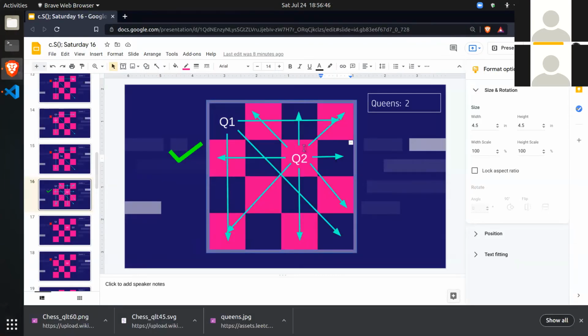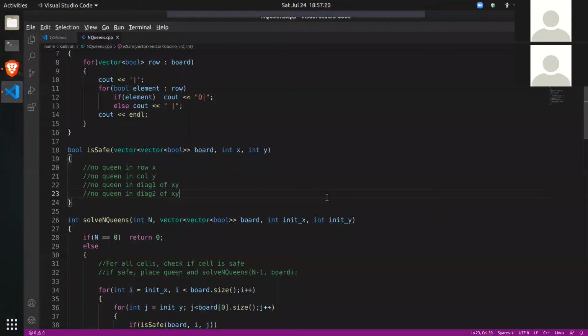So you see this diagram. Q2 is attacking this row, the second row, the third column, and it's attacking two diagonals. What I'm hovering my cursor over is the first diagonal, and the second diagonal is this one, bottom left to top right, and the other diagonal is top left to bottom right. So we have two diagonals to check, and the column and the row.